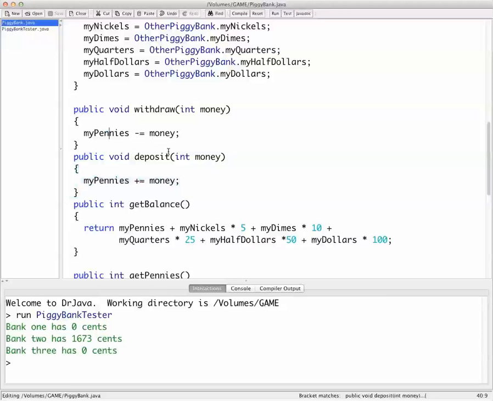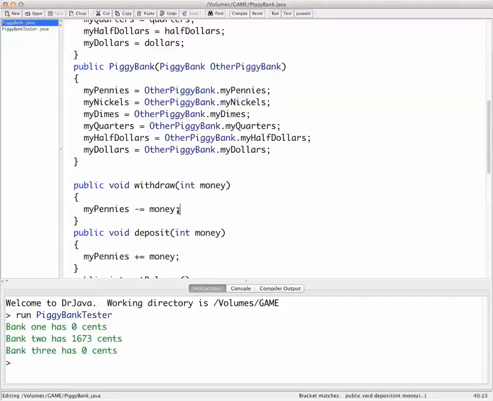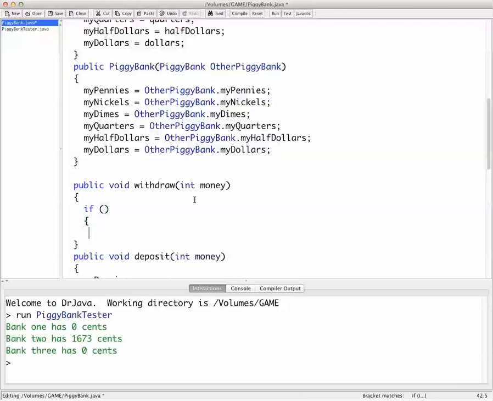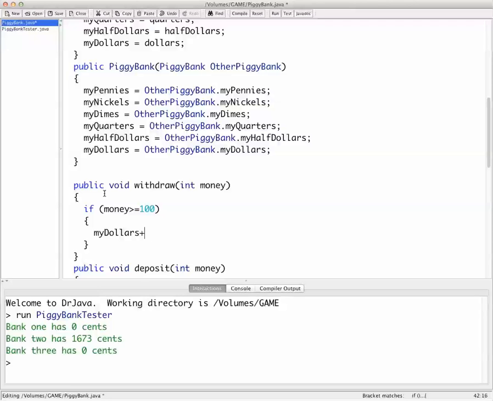So if you noticed, adding up by pennies is kind of an inefficient way to add money. The way we're going to do this is, say, if our money, and the way you write if statements in Java is if parentheses something, and if that is equal to true, then it's going to go on to our brackets, and we're going to say if money is greater than 100, or greater than or equal to 100, our dollars minus money